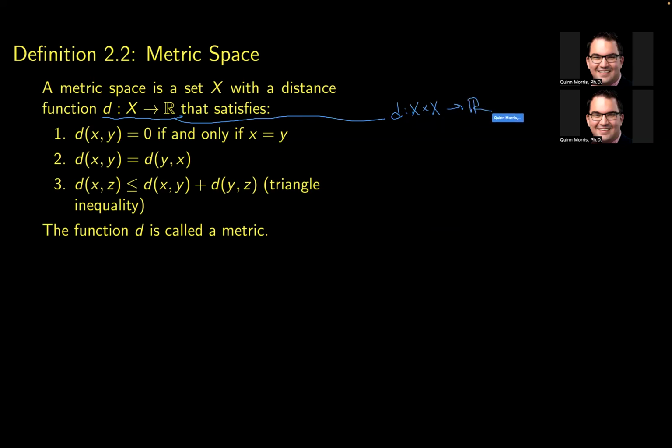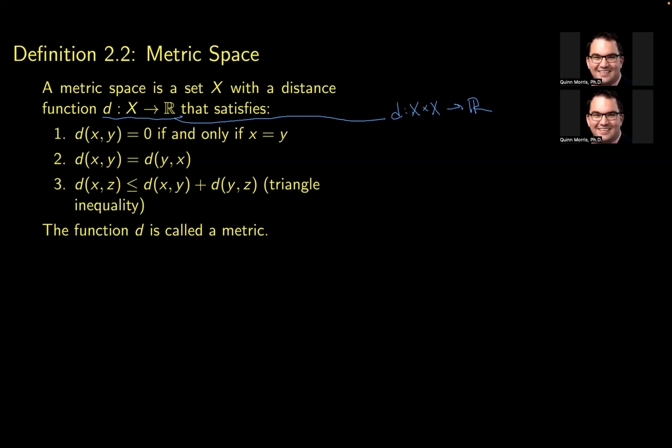Okay. So a metric space is a set together with the distance where that distance function satisfies the following properties. The first is that the distance between two elements of your set x and y should be equal to 0 if and only if x is equal to y. So again, this is an if and only if. So if x and y are actually the same element of your set, then the distance must be 0. And if you have two elements and you know their distance apart is 0, then they must actually be the